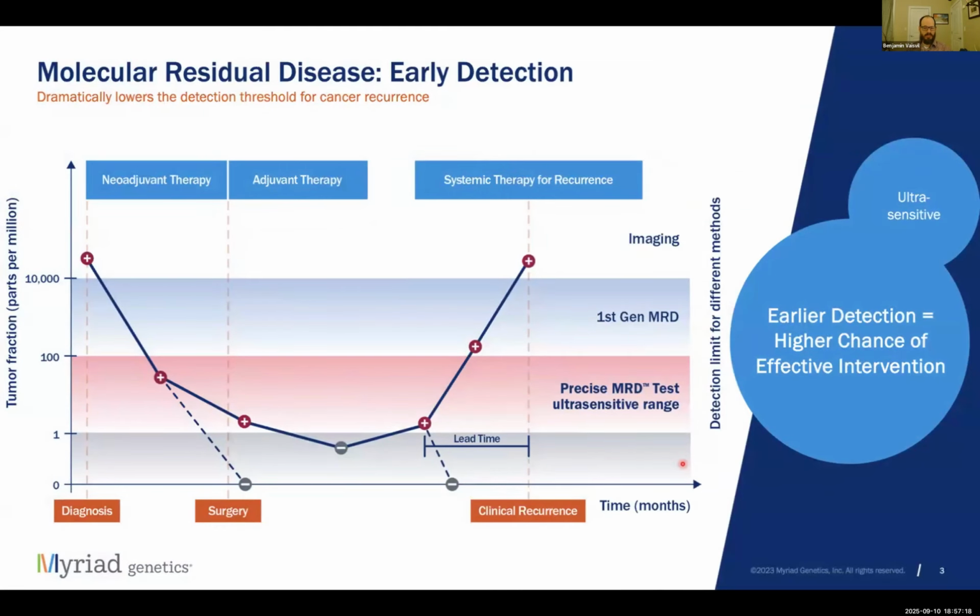The precise MRD test for Myriad Oncology is an ultra-sensitive tumor-informed assay that utilizes whole genome sequencing. Molecular residual disease, or MRD, refers to the small number of tumor cells that remain in the body during or after treatment. These tumor cells shed DNA into the bloodstream, which is known as circulating tumor DNA, or ctDNA. Our assay can detect the presence and quantity of ctDNA in the plasma of cancer patients with residual disease or tumor recurrence with a high level of sensitivity, with tumor fractions as low as 0.0001% or 1 part per million.